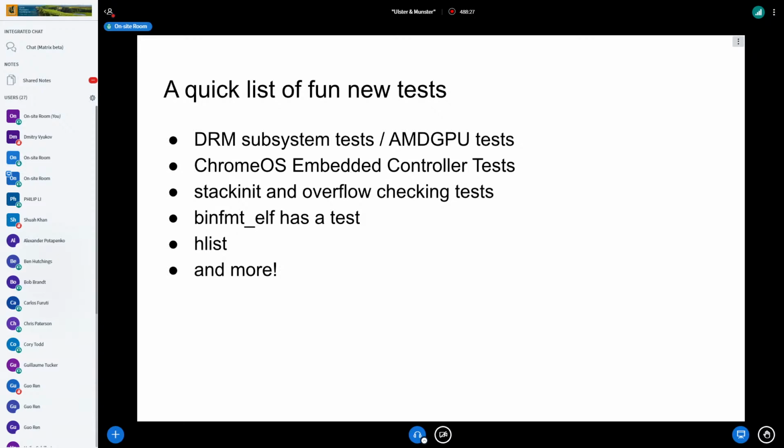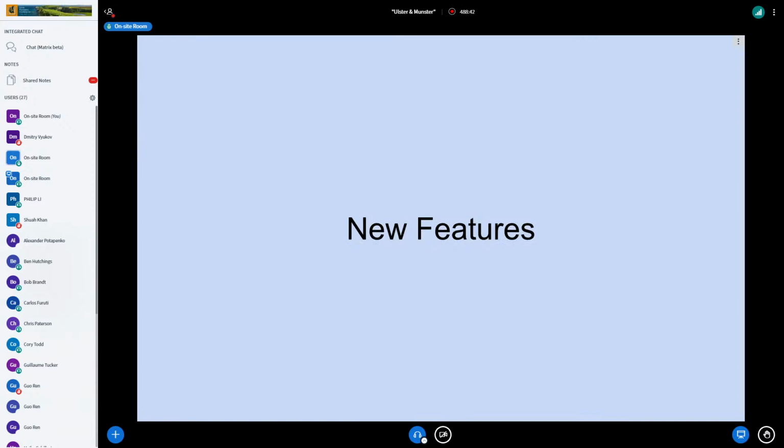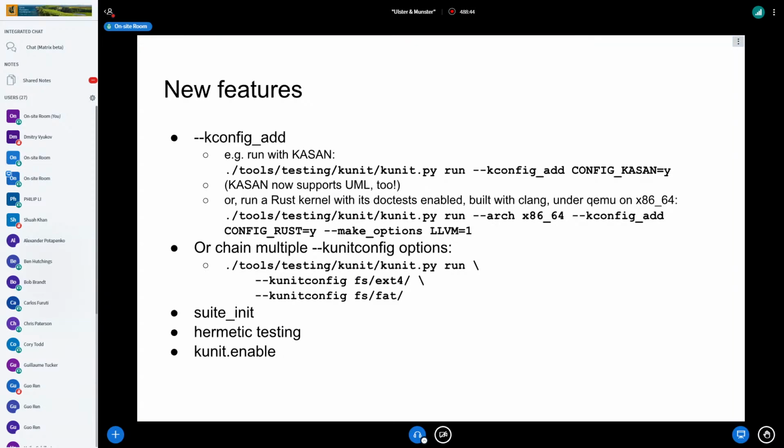A pretty substantial portion, I don't want to say total, we got a lot of tests from the DRM subsystem. They're actually going to be presenting right after us, and we'll talk more about that. We also saw a pretty substantial amount of tests from Chrome OS. Now, going into some of the new features that I think are kind of cool. We have a new kconfig_add, which allows you to add individual configs right from the command line, which is really helpful for being able to send one-liners over IRC. We also have the kunitconfig option, which we had before, but you can chain them now. So you can actually use that to merge